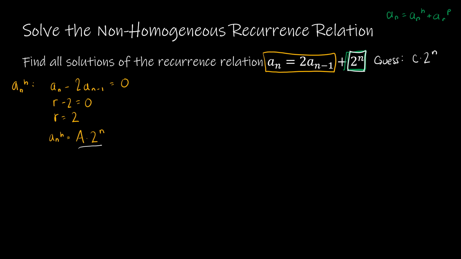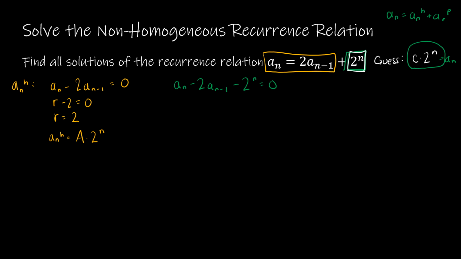Exactly like this. Now, as I'm rewriting my function, a sub n minus 2 a sub n minus 1 minus 2 to the n is equal to 0, and I'm going to replace a sub n with C times 2 to the n,